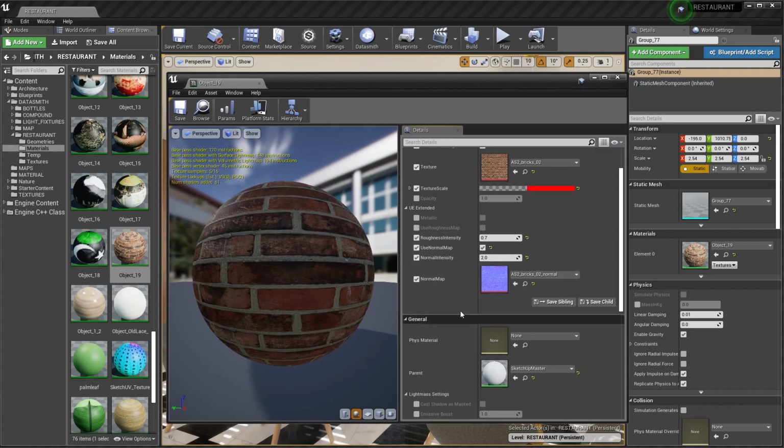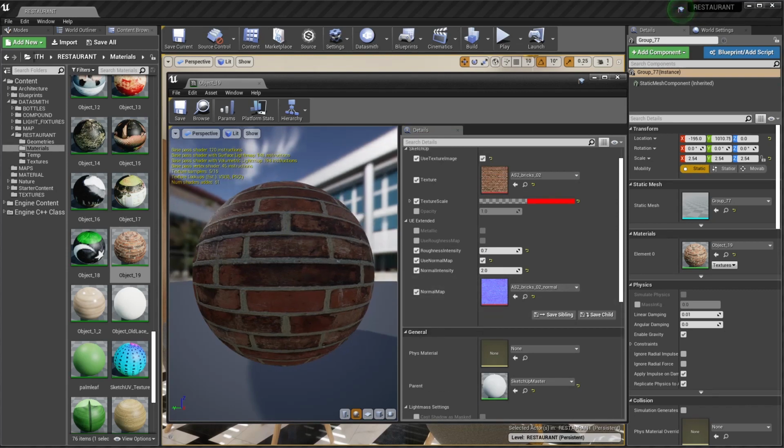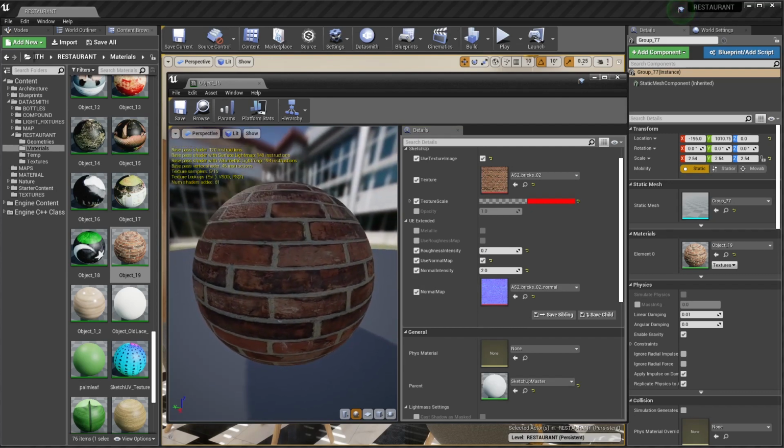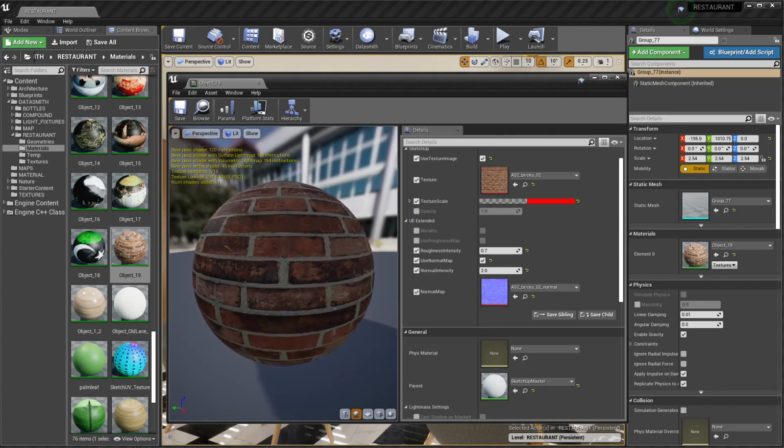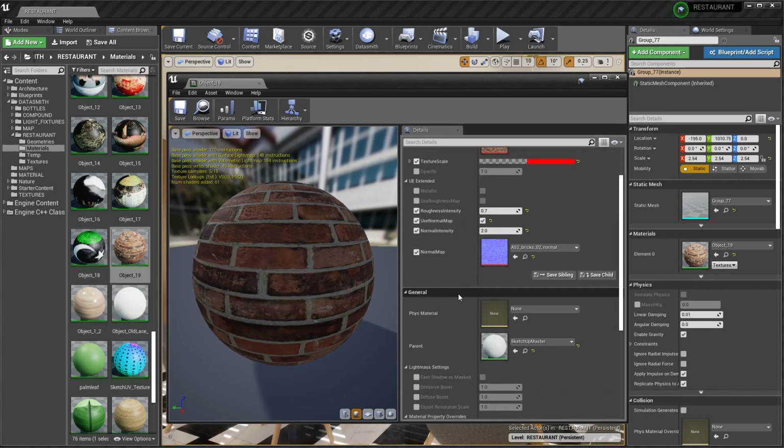So these are all good, but I would like to have some more parameters. For example, let's say I want to adjust the tint of the brick or make it brighter or darker. So typically I would go to the master material, make those adjustments there, and when I save, it will reflect in every single instance material. So to do that, simply